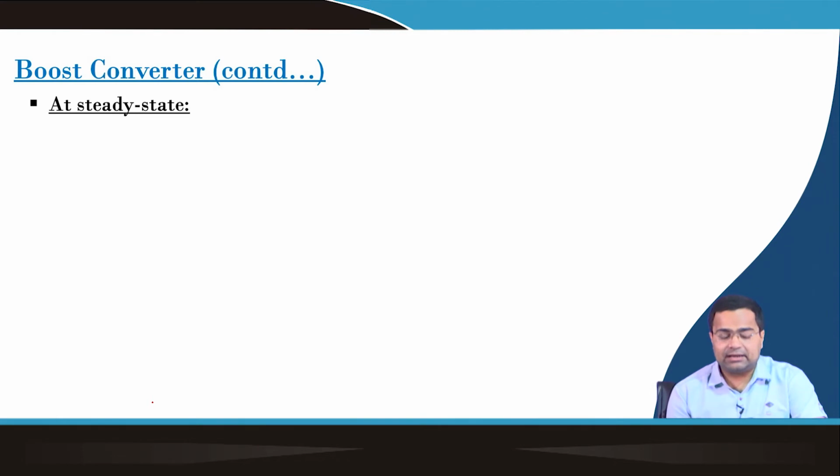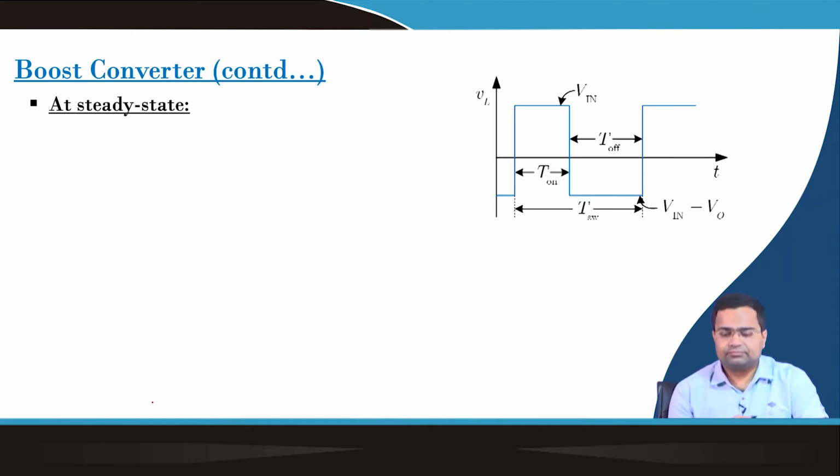Then under steady state, what happened under steady state? At steady state, our input voltage, that means inductor voltage is equal to input voltage when the switch is on, that we discussed, and we are assuming that output voltage and input voltage are almost constant, that means the ripples are assumed to be negligible. So, you can write in terms of the DC quantity,